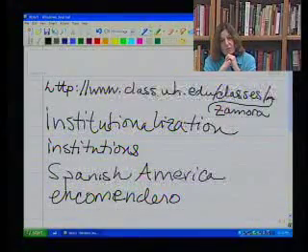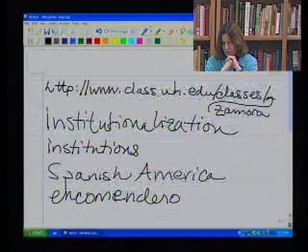Yeah. So would it then be just a term? Because if you have the rights to their labor, do the natives have the right to refuse? So therefore it's not considered slavery? It's not considered slavery because there's no ownership of people involved. But what I'm saying is that if you looked at the practice of slavery on the ground and you looked at the practice of encomienda on the ground, they don't look very different. That is a point that I do want to make.